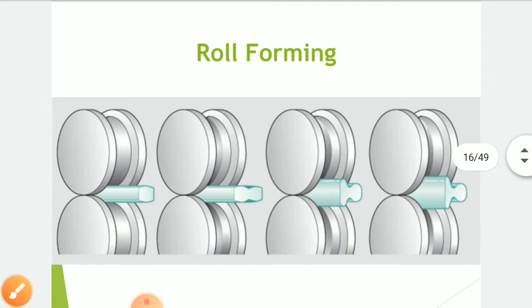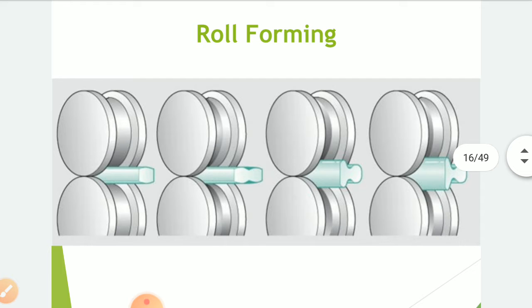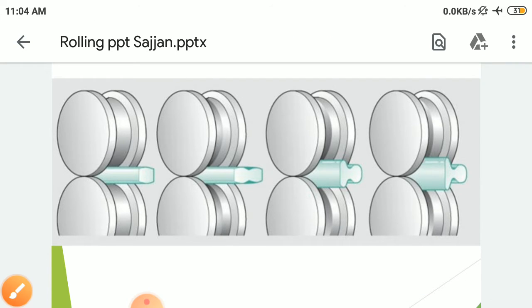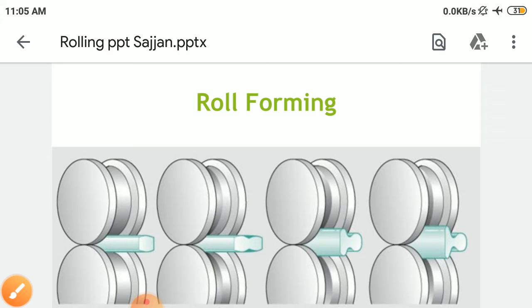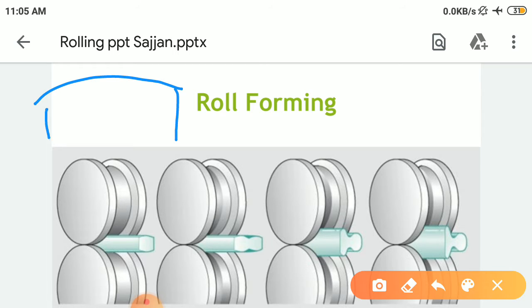Now roll forming, this is something important. As the name indicates, forming. Our roller will be having some form on it, and that form will be the form which we want on the billet or blooms. So look at these pictures here. We need a cross-sectional area like this. Like this, so it is not square, but a small chamfer is there